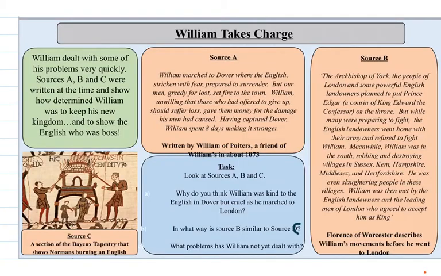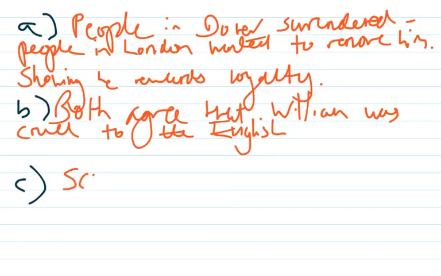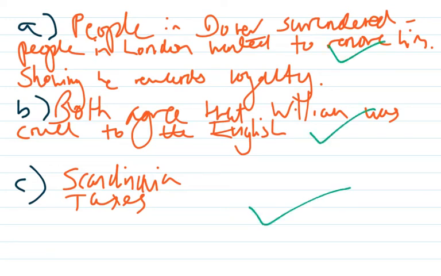Let's go back to this one. Right. Has he dealt with London? Well, he says there how he's preparing to fight London. So yes, that's done. Give that a tick. Has he dealt with the castle? Not really. We are sort of getting there, but sort of. So I'll put that as a half. The other ones, he hasn't dealt with the English lords, he hasn't helped with taxes, and he hasn't helped with the invasion from Scandinavia. So any of those, you say Scandinavia, taxes, that would all be good. So again, green pen them, guys, you know the drill by now. Green pen if you got those correct. And we can move forward.